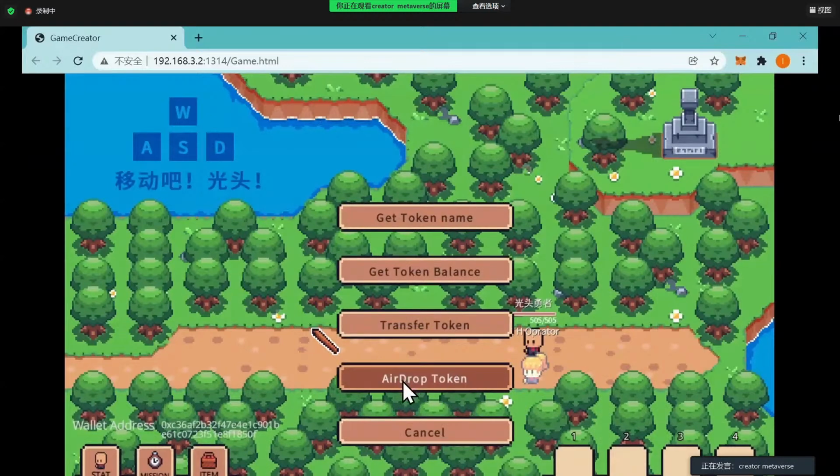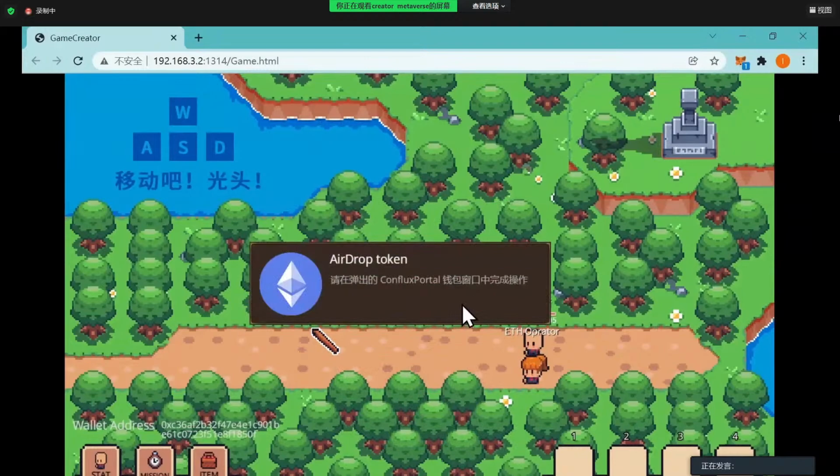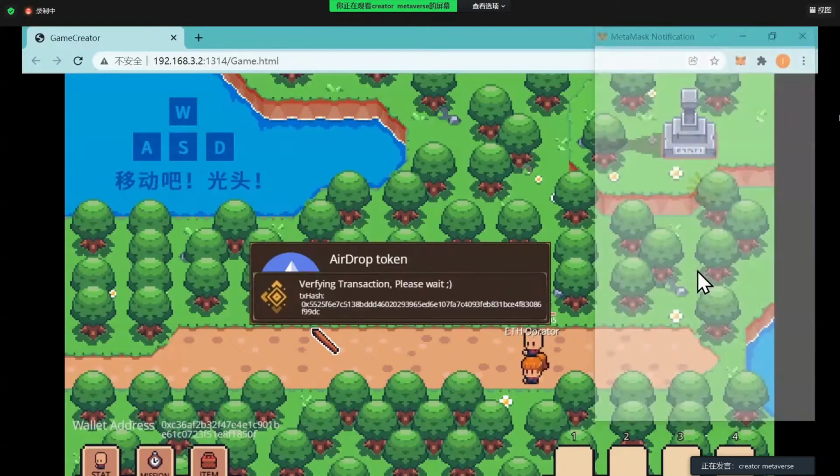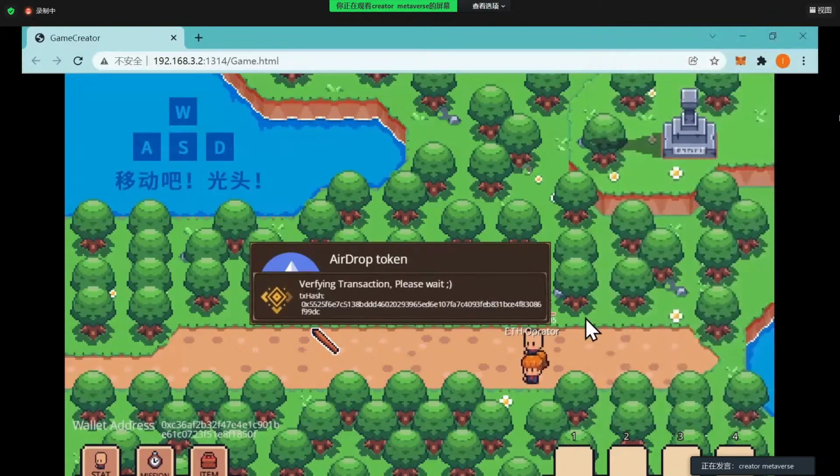All right, so let's do the most amazing one, airdrop token. Say airdrop token. Yes, confirm. I like it. As with the transfer token, this transaction will take a couple seconds to verify.